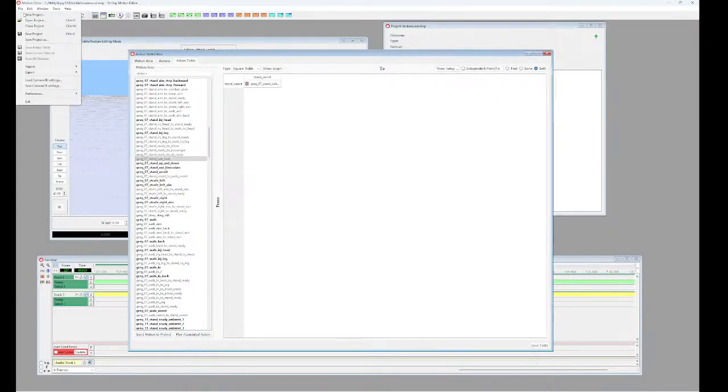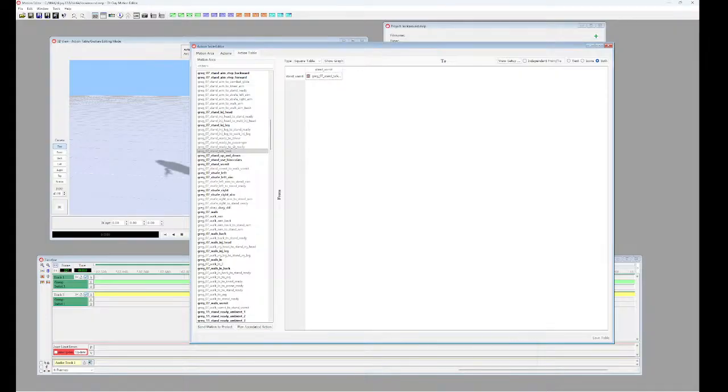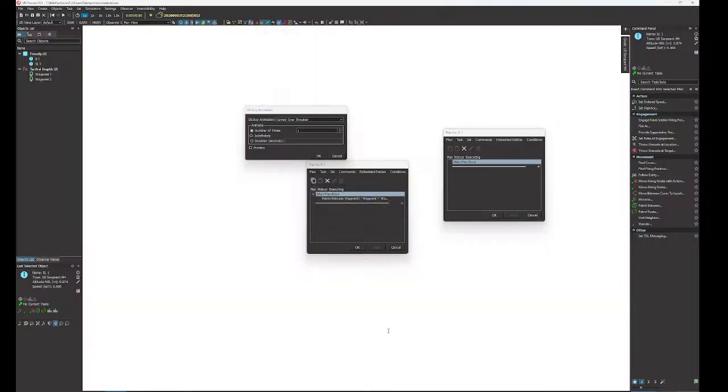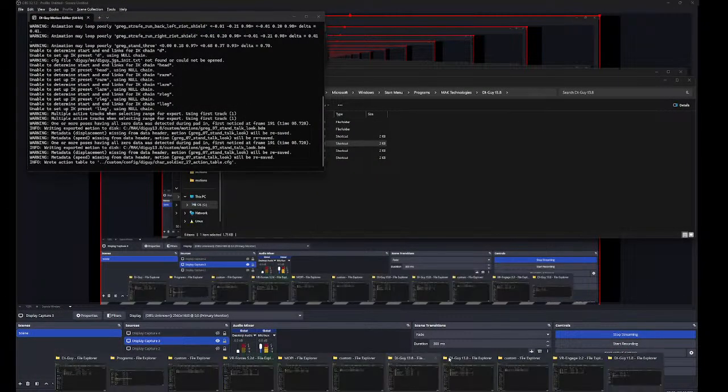Create table file. All right, let's see what we got here. So I'm going to go here, close this, save scenario, hit yes. And then again, I need to copy